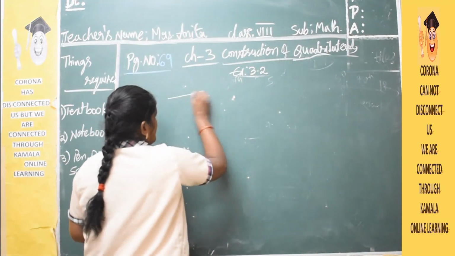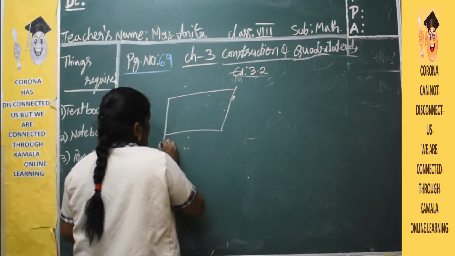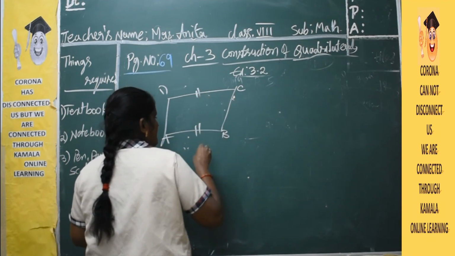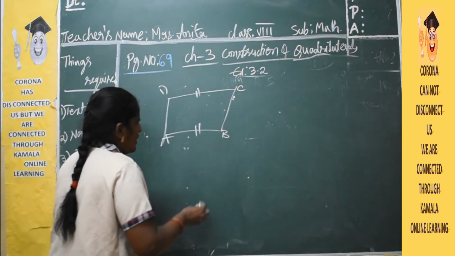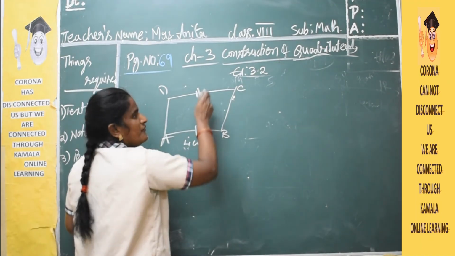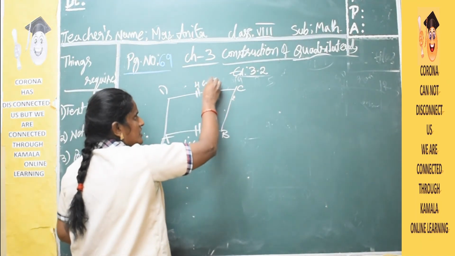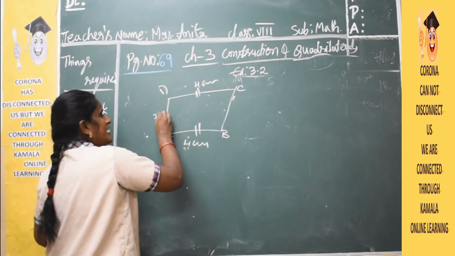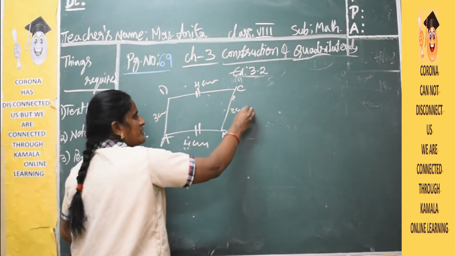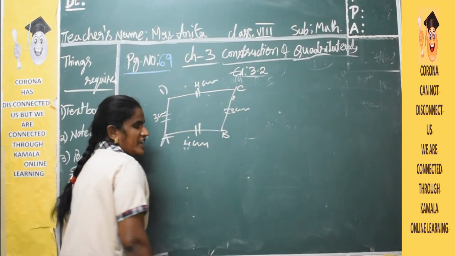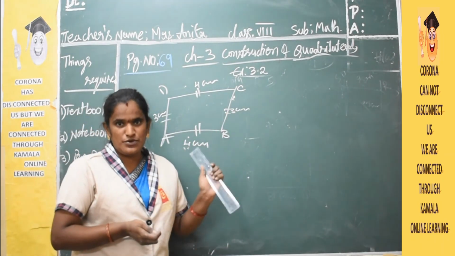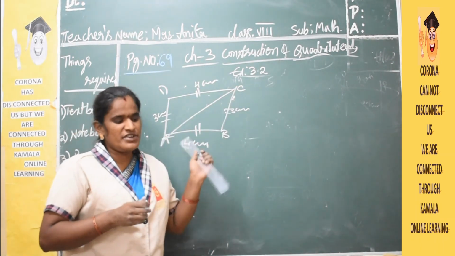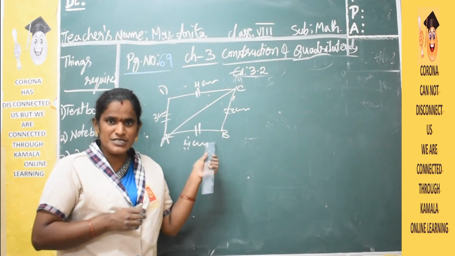You have to observe. This is a parallelogram, for example, ABCD. These opposite sides are parallel and equal also. If you know this length, we know this length also, yes or not. Even if it is not given, we have an idea. If this is 3 centimeters, definitely this is also 3 centimeters because opposite sides are parallel and equal. Okay, children, and they have given one diagonal. Which diagonal is given, I don't know. You have to observe it and do it.